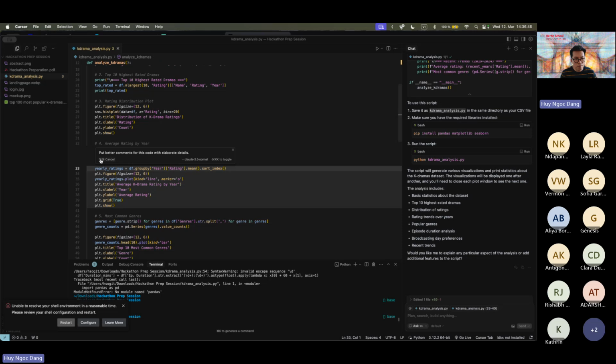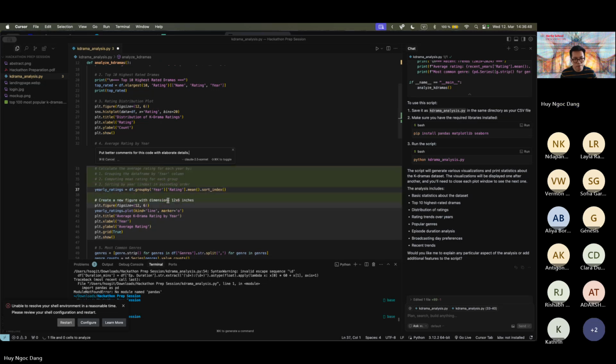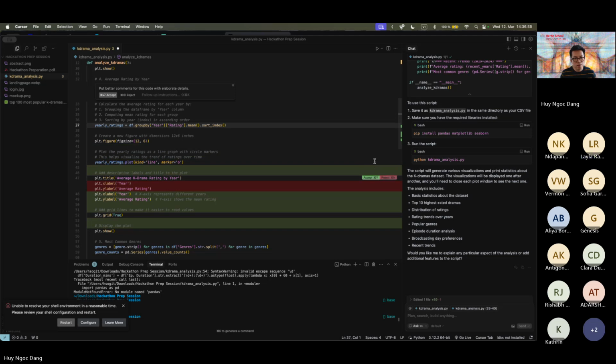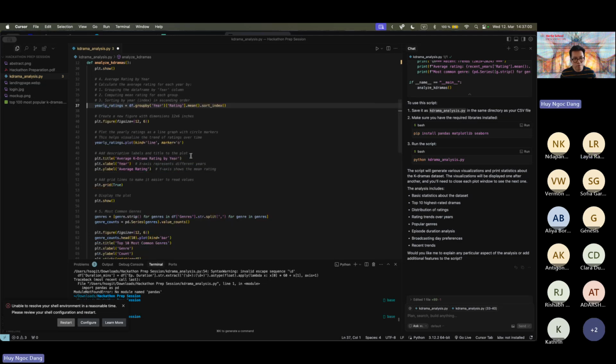Then it will also do that job for me so that I can easily share this with my teammates, so people know exactly what this means, right? And I can just click accept all so that I have that in here.